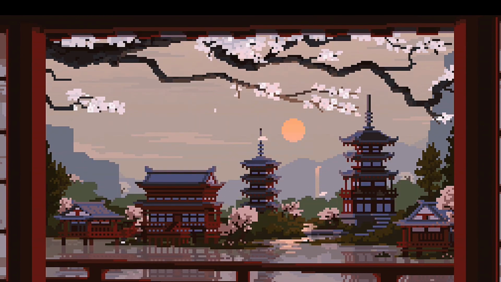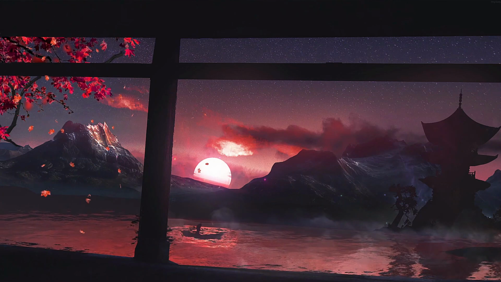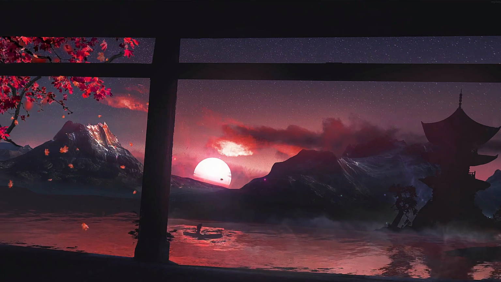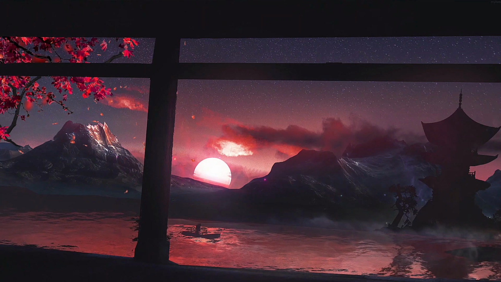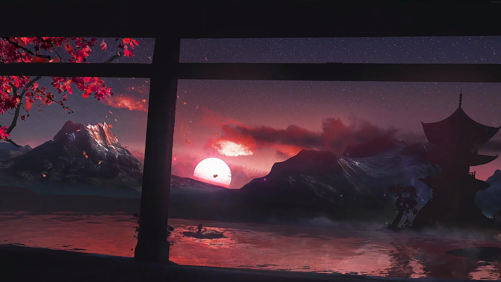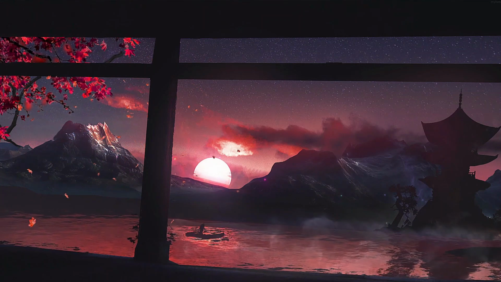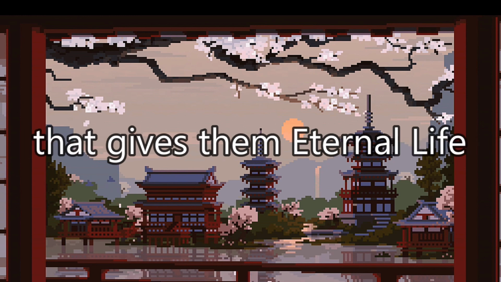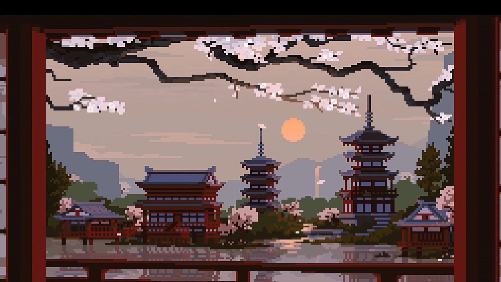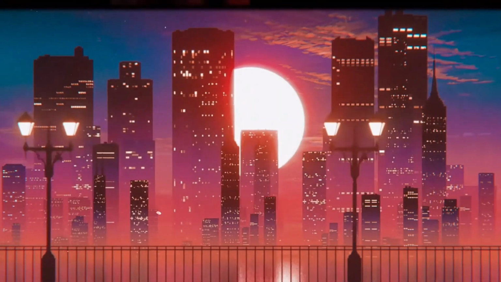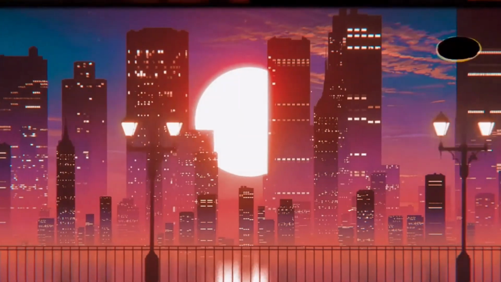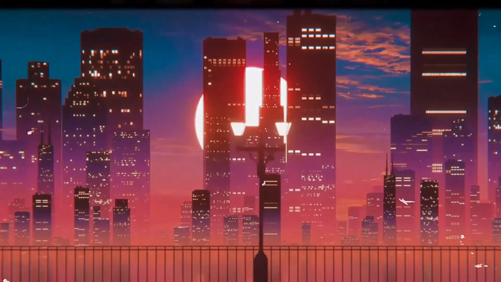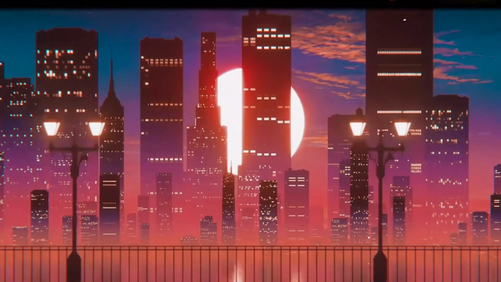And with a quick Google search again, we can find out that perennial means that they have a permanent or perpetual life. So after reading all this, I safely came to the conclusion that the elves in Frieren: Beyond Journey's End have immortality that gives them eternal life and live on perpetually based on all the evidence that has been given in the story. However, they can still die from fatal attacks and injuries, just like what happened in the elven village that Frieren is from.